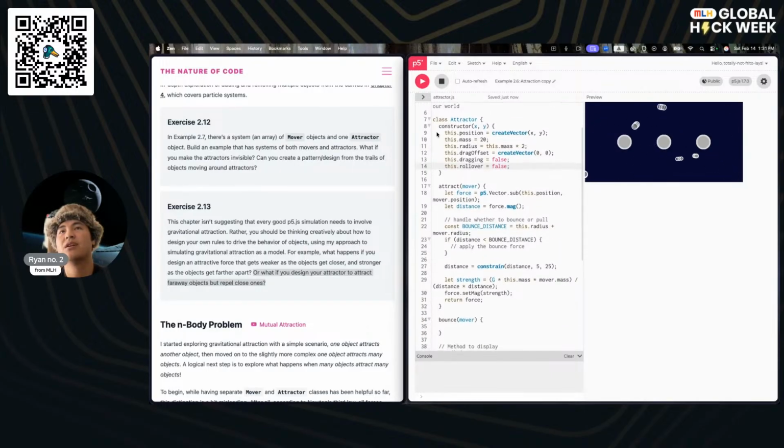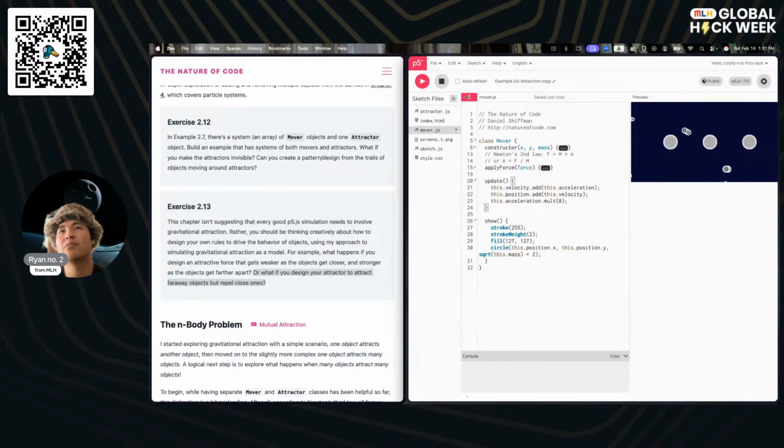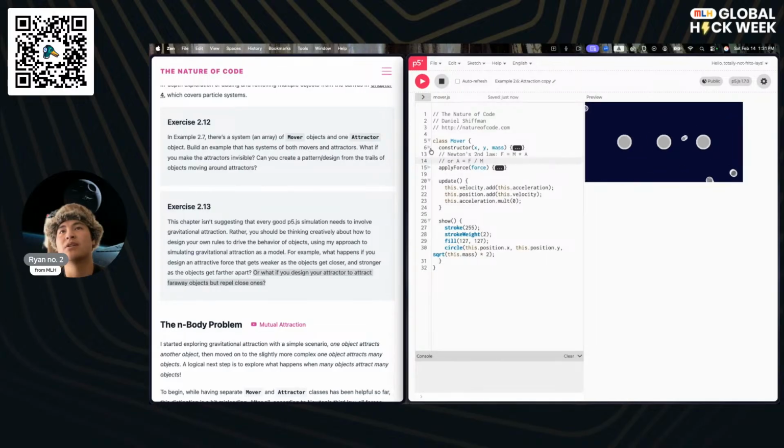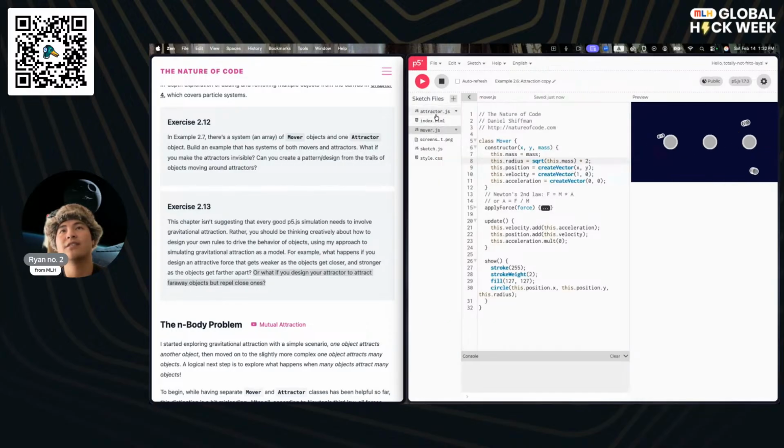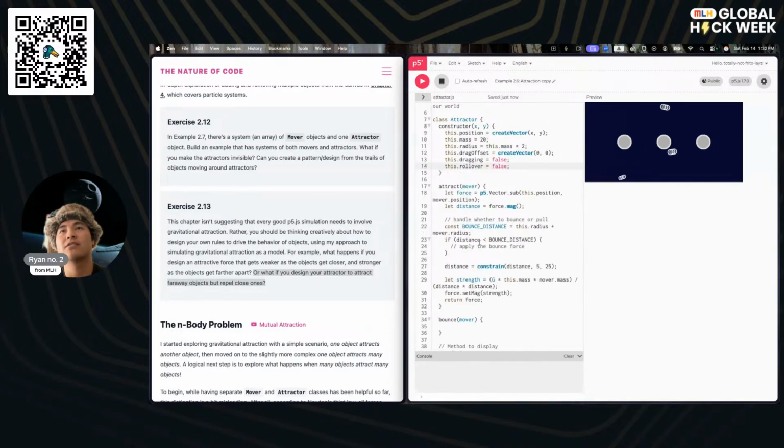Okay, and so let's make sure that our mover also has the radius set up. I know we're not using this current radius, so let's go over to here. I'm going to cut that, this dot radius, and then we're going to replace this definition right here. Okay. Now I can't run anything yet because our attractor hasn't finished the bounce logic yet.